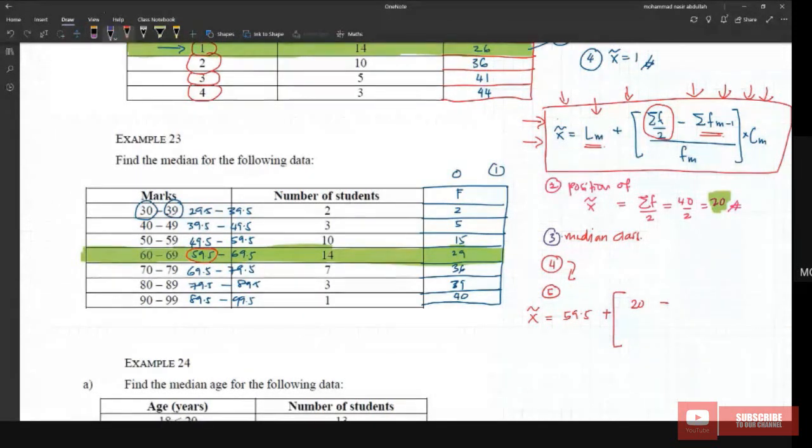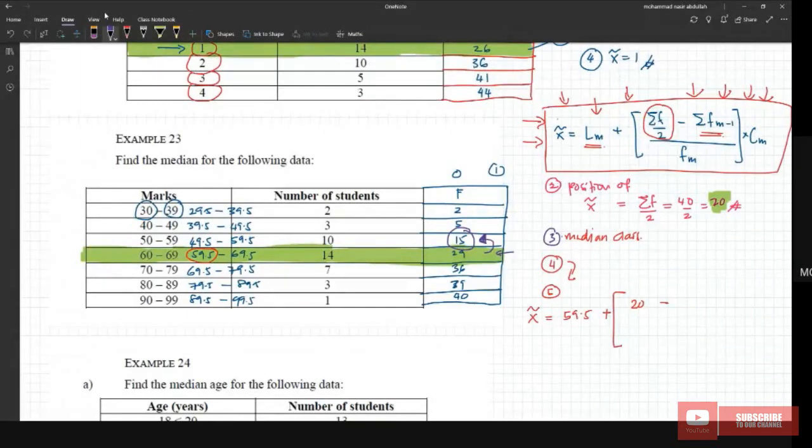Cumulative frequency before the median class is equal to 15. So this is the median class. Cumulative frequency before the median class, right? So minus 15 divided by